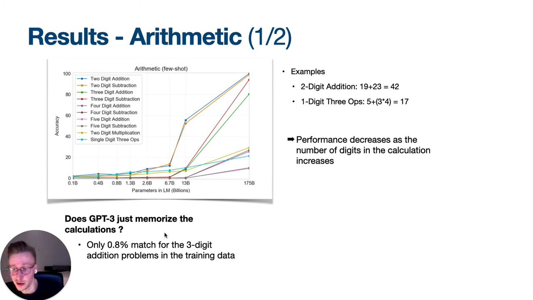But I also saw a lot of comments online that didn't agree too much with the conclusion the authors made from this result. So what they basically said is they didn't search well enough in the training data to find this. For example, one comment from Yannick Kilcher was that it could also learn that from tables, basically, where you have one column here, which has this 19, another column here, 23, and a bunch of other numbers. And the third row is always the sum of the first 2 columns. So here it would be 42.